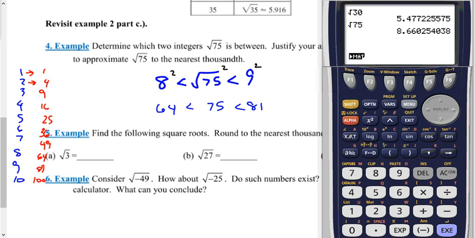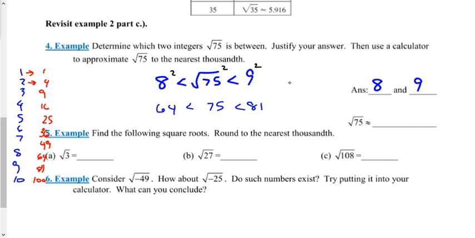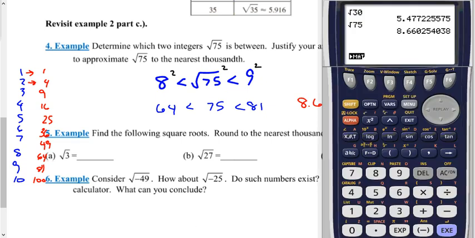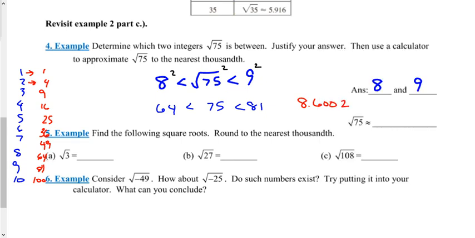And this says to round to the nearest thousandth. Tenths, hundredths, thousandths. 8.6602. Okay, so 8.6002. Oh, I wrote it wrong. 8.6602. That's an easy fix. There we go. And now the thing is that I want this to be rounded to the nearest thousandth, so